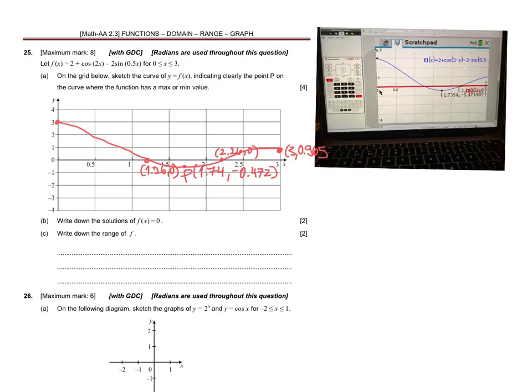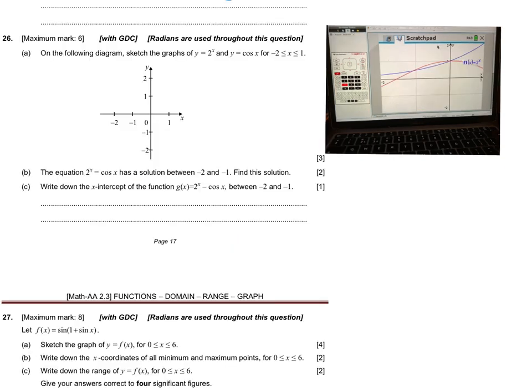So I've already done that. It's actually my 2 x-intercepts. So yeah, x is 1.26 or x is 2.26. And then the range is from the lowest value of y, which is negative 0.472. And I don't put equals because it's not exactly equal to that, up until we can put 3. Okay? Okay, here's the